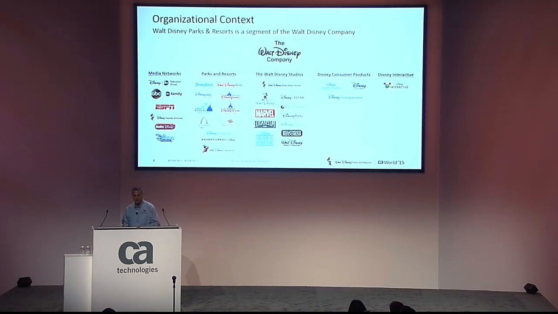In order to understand our journey, I want to first provide a little bit of context around our organization. The Walt Disney Company is a broad and diverse organization comprised of 5 main segments. Our journey with the CA PPM tool is really around the Parks and Resorts segment. Hopefully you notice some brands up there. One thing I will want to call out, you'll notice that Lucasfilm happens to be in our Studios segment. I'm from Parks and Resorts, so no, I have no inside information on Star Wars, so sorry about that up front.